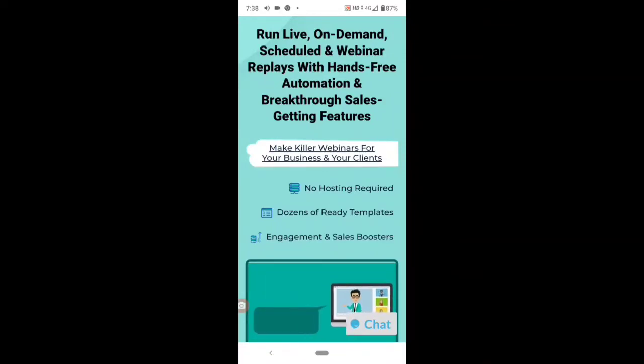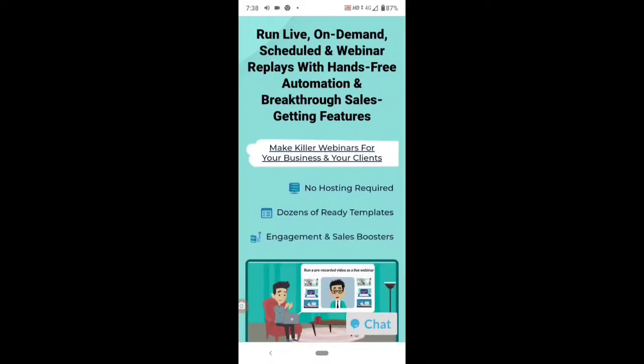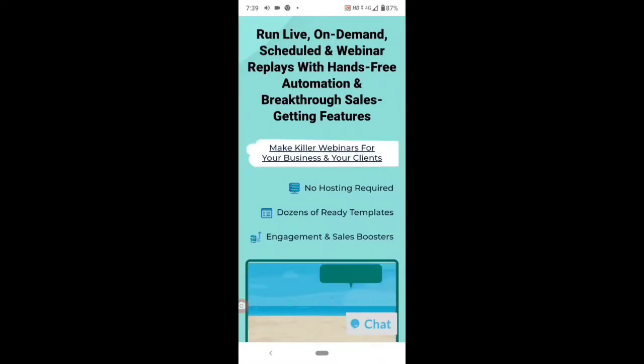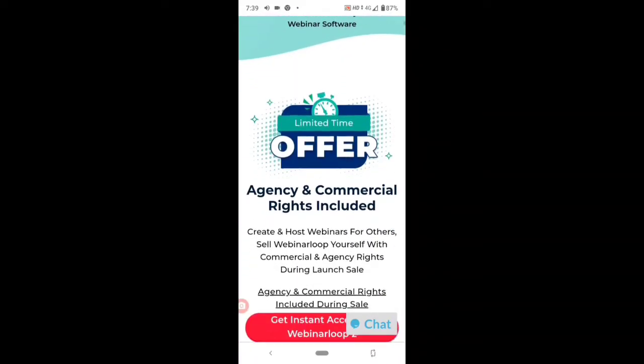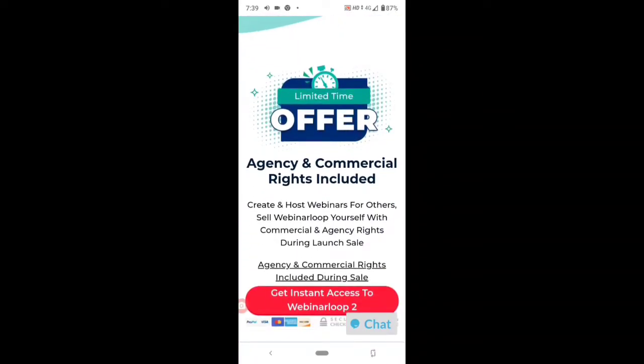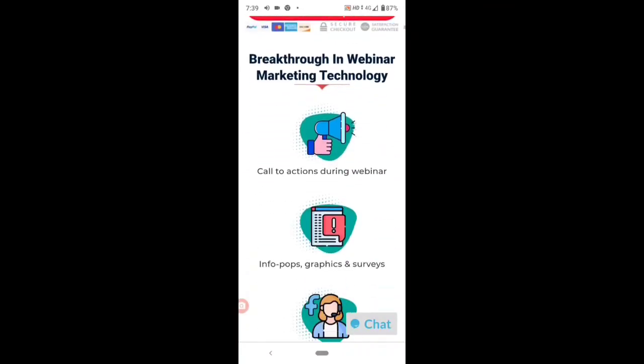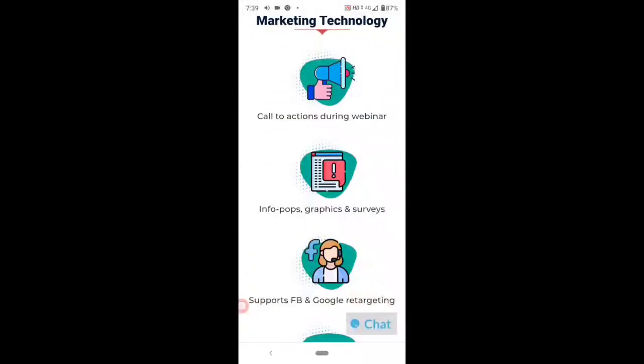You can simulate the chat, which helps you build a narrative and create the impression of many attendees' engagement. There is a sidebar that lets you show info boxes, graphics, polls, surveys and other things.